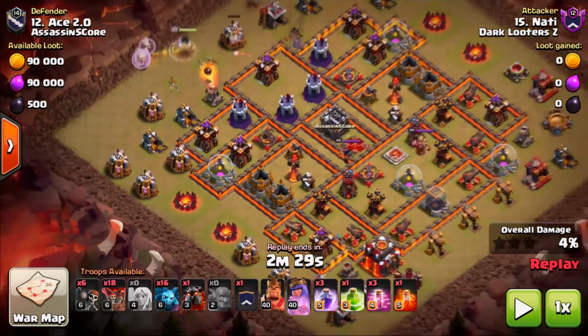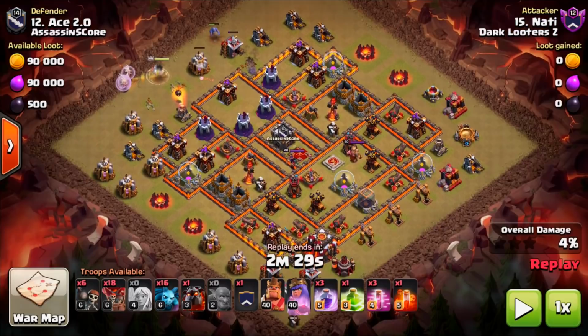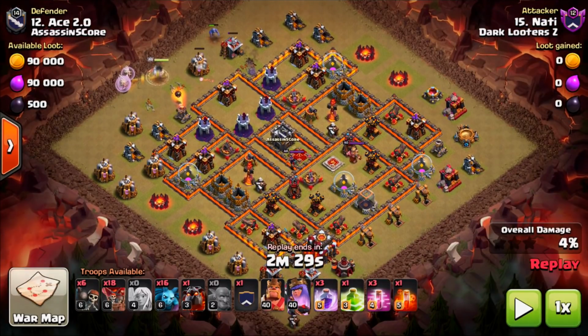Now this base here, as you can see, it is pretty much a carbon copy of itself. So if you fold it in half, it'll be exactly the same on each side. So it's pick your poison as far as where you want to come in and what you want to take out. Now, Natty's objectives here